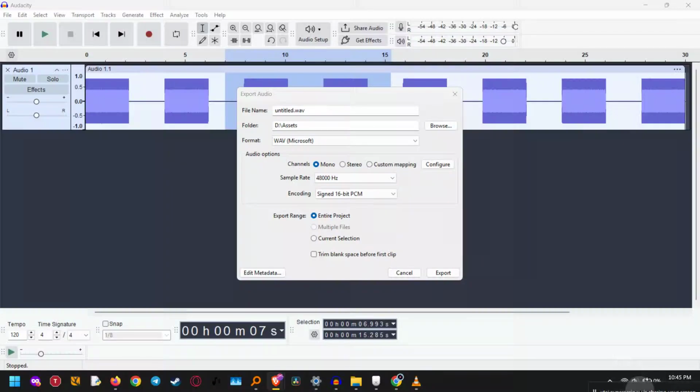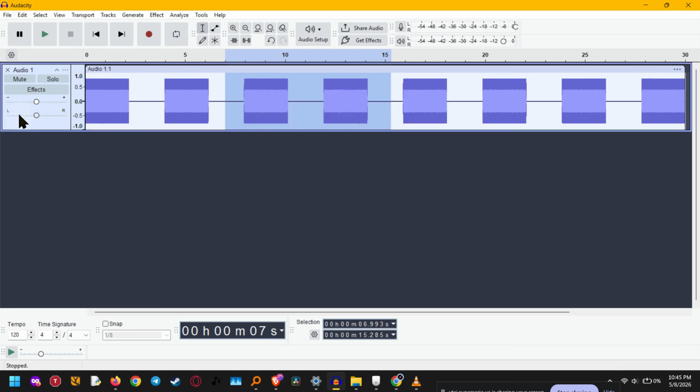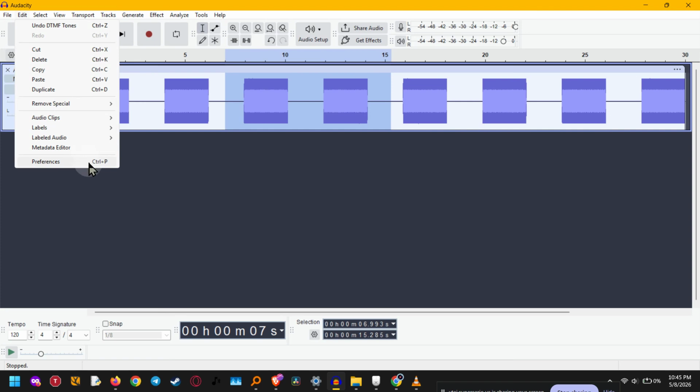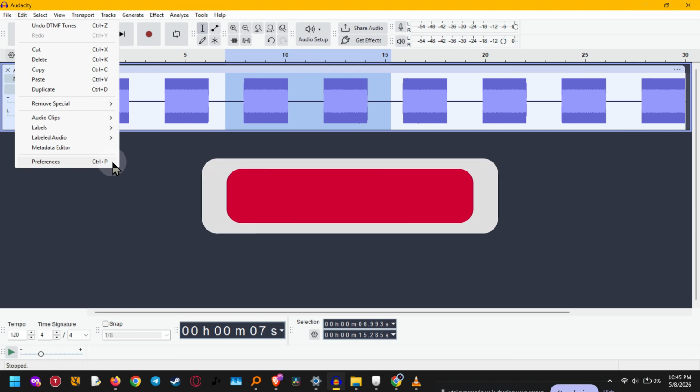If you're seeing the Audacity FFmpeg error saying encoding frame failed, don't worry, because in most cases this is fixable in just a few minutes. This error usually means Audacity is having trouble writing the audio data to your drive, or the export settings don't match the format you're trying to use. In this video, I'll walk you through the most common fixes step by step so you can export your file